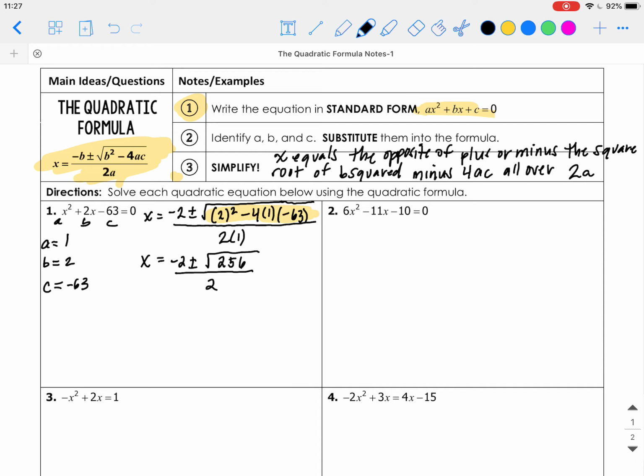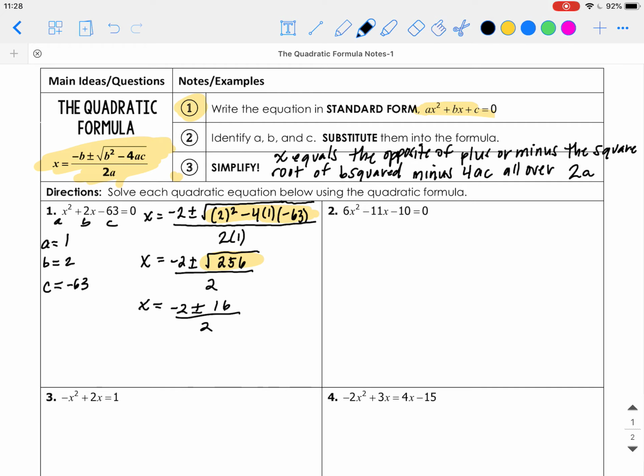Okay, so what did we learn last week? We learned that we could simplify numbers under a radical. So I'm going to do that. What is the square root of 256? Well, that beautifully reduces to 16. So I'm going to rewrite this. So I have x is equal to negative 2 plus or minus 16 all over 2. And again, if you struggle with that radical, please refer to last week's lesson. Please go over some of those activities and feel free to reach out to me, and I would love to help you get through whatever you're having trouble with,